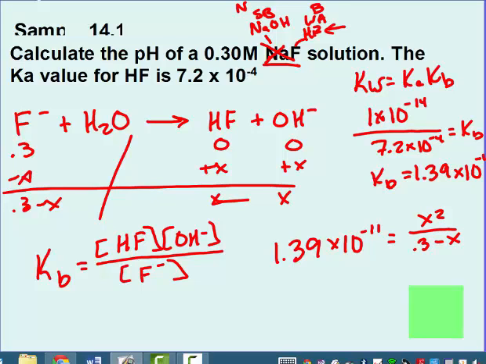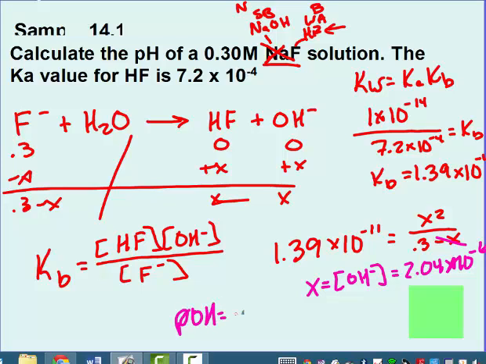Can we ignore the minus x? Yep, that Ka is pretty small. And so x is going to equal our OH concentration. Make sure you're writing that. So then pOH equals the negative log of that, which gives you